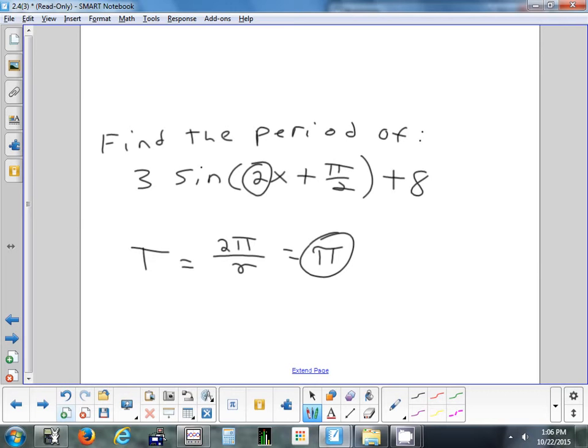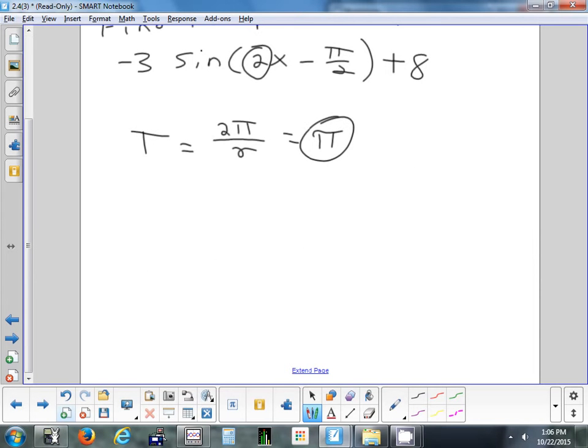What's the amplitude of this? 3. The amplitude is 3. Okay, what's the amplitude now? 3. Still 3. What's the amplitude now? Still 3. Right? So what I want to do is just write down what each one of those numbers does,